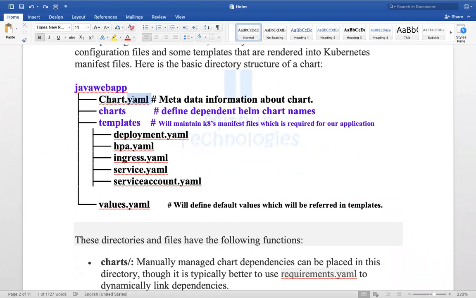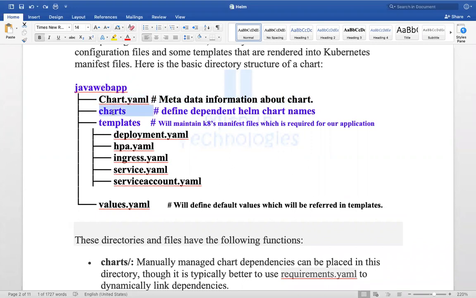It's metadata about that chart, like what kind of application this chart is for. What is metadata? Data about data. You can define who is the author of this Helm chart, what kind of application this Helm chart is for, all those things.